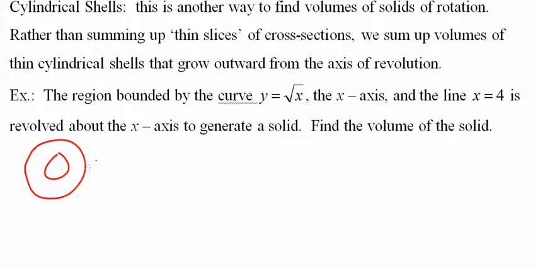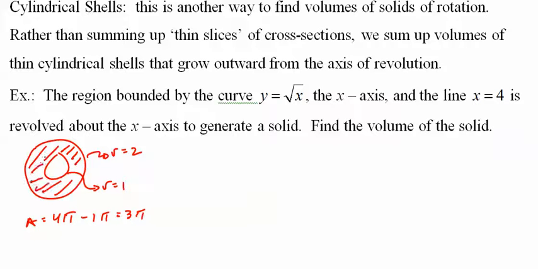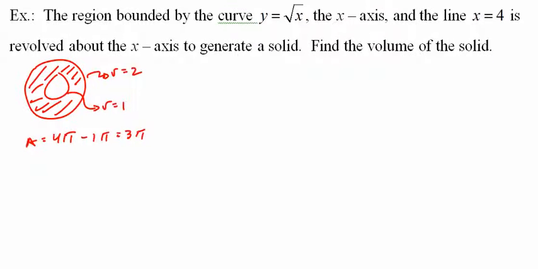Let's just say the radius here is 2 and the radius here is 1. The area would be pi r squared. You know what, I'm jumping to the end. 4 pi minus 1 pi equals 3 pi, if we're trying to get the area of this whole thing. Well, another way to do it is to say,